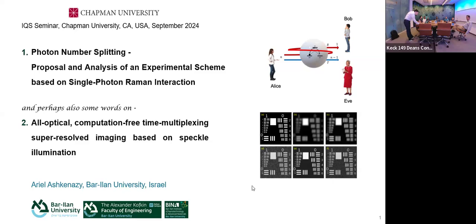We are glad to have Ariel Ashkenazy with us, visiting from Bar Ilan University. He works in Eli Cohen's group. And so, to give a little bit of background, Ariel did a dual undergraduate in electrical engineering and physics, but he considers himself a physicist, and went into electrical engineering and